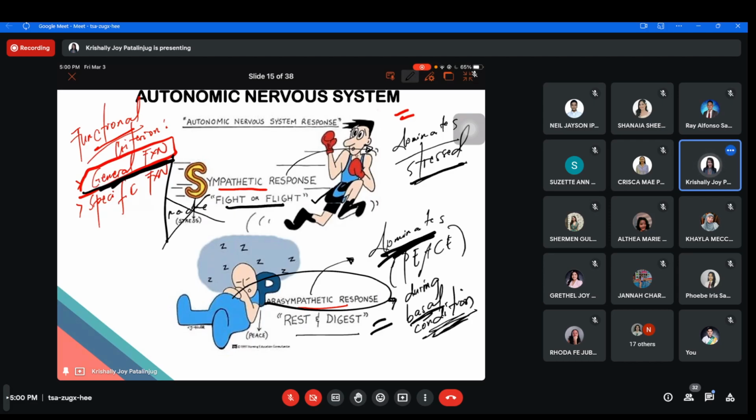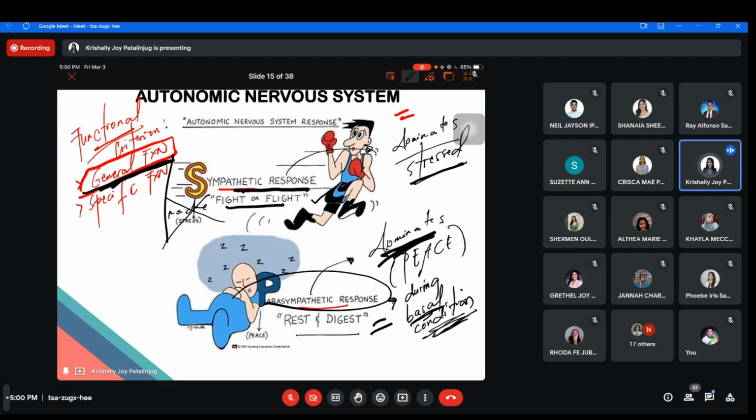Or vice versa, hindi ibig sabihin na kapag sympathetic response yung nagdo-dominate during stressful situation, blocked na yung parasympathetic responses. Hindi po ganoon yung concept dito. Hindi sila nagka-cancel each other's effects. Instead,